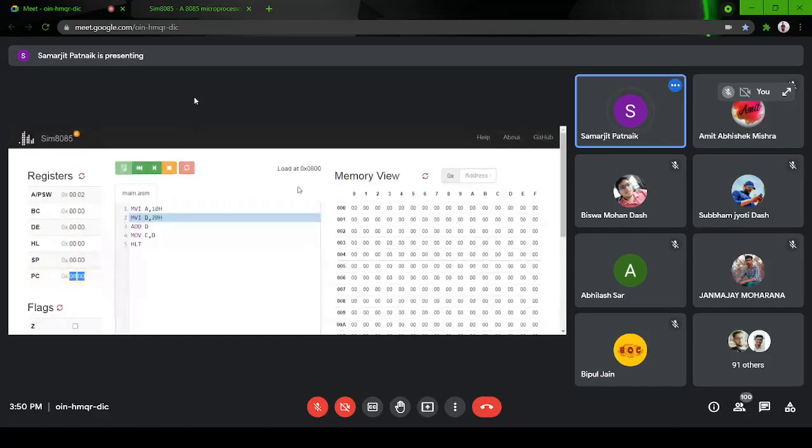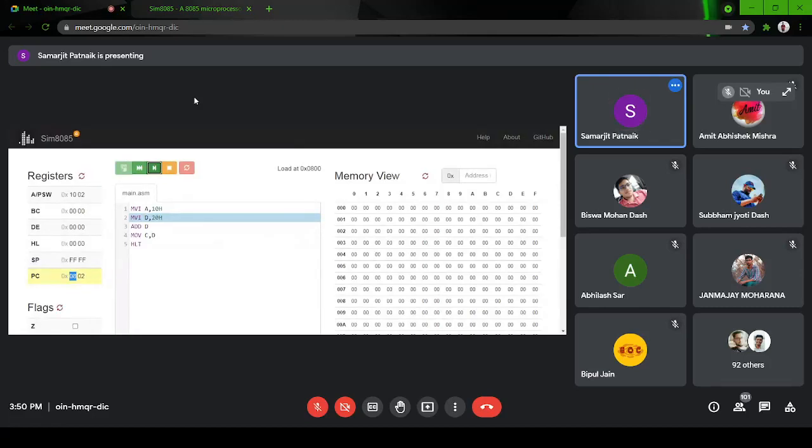What was the definition of program counter? It points to the first instruction to be executed, or the next instruction to be executed. So when I run one instruction, the program counter goes from 0800 to 0802.